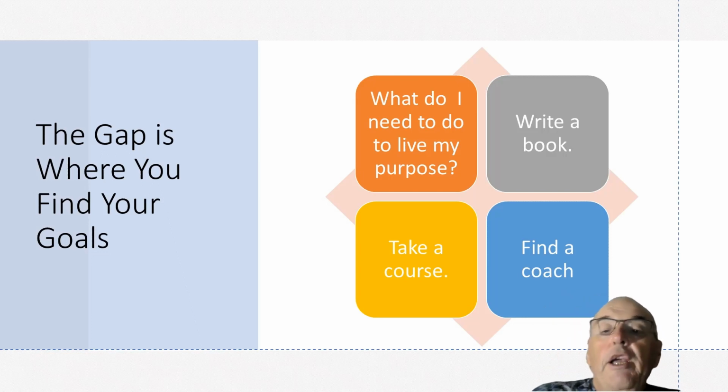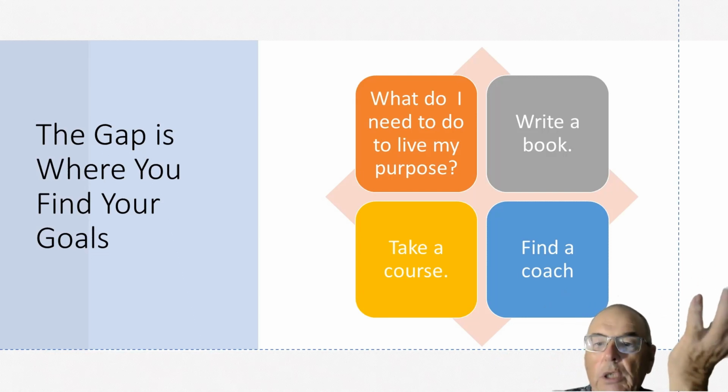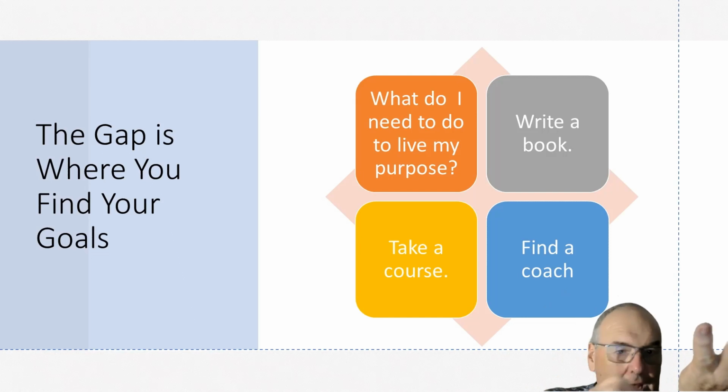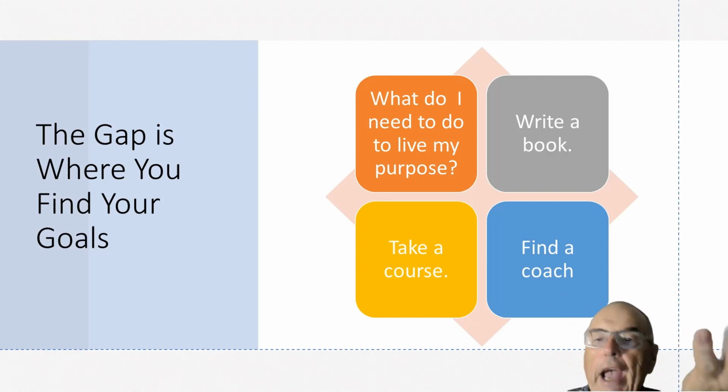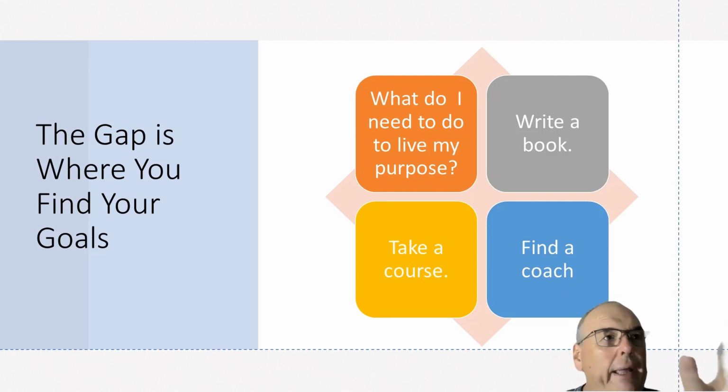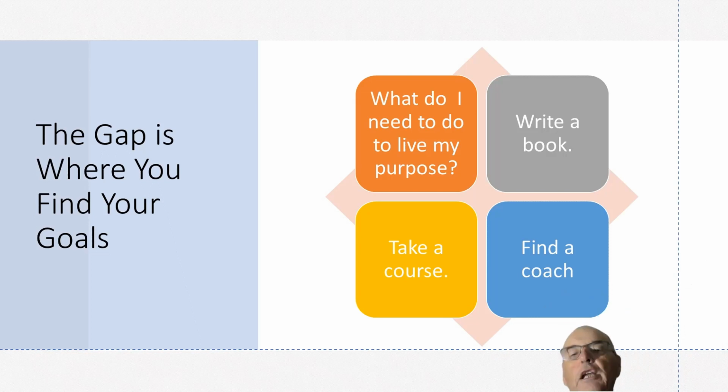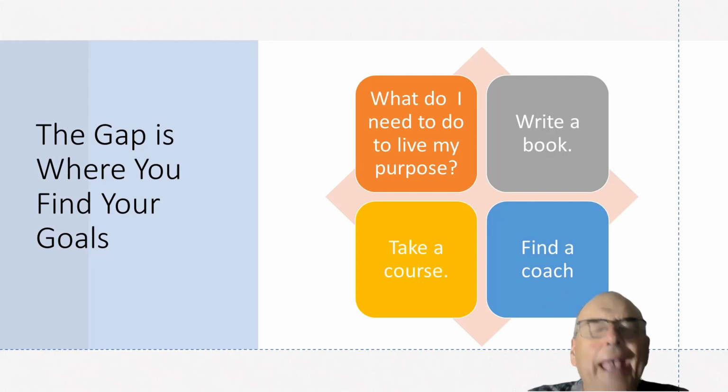If it's write a book, then what actions are you going to take? So there's the big goal, is to write a book. Every day I'm going to do 500 words. Every day I'm going to communicate to my agent. Every day I'm going to do, I don't know, 2 hours of correction, or I'm going to take a writing course in the evening, whatever those actions are. Okay, so that's what creates those goals.